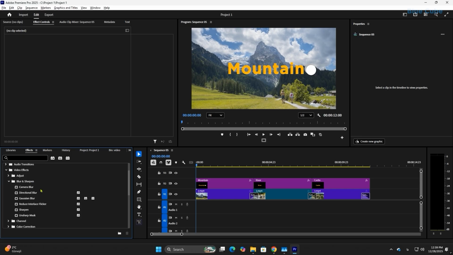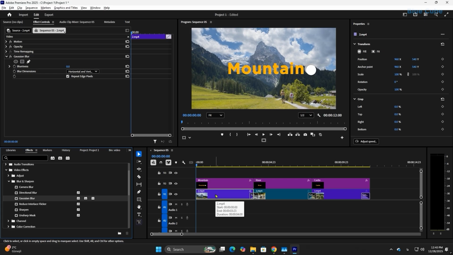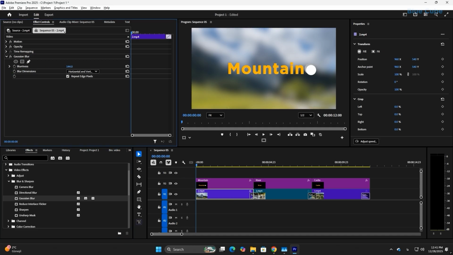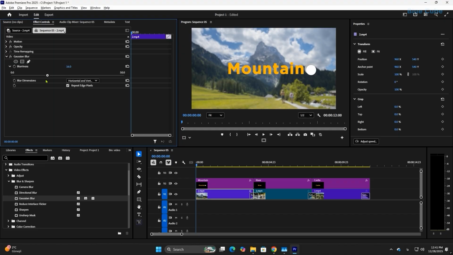The first effect we're going to use is Gaussian blur. I just need to select it, hold down the left mouse button, and drag it onto my video clip. Now, in the Effect Controls panel, the Gaussian blur effect has been added to this clip, and I can start adjusting its settings. From here, I can increase the blurriness value. As you can see, the video becomes very blurred. I can also open this section and move the slider to increase the blur, or reduce it to make the